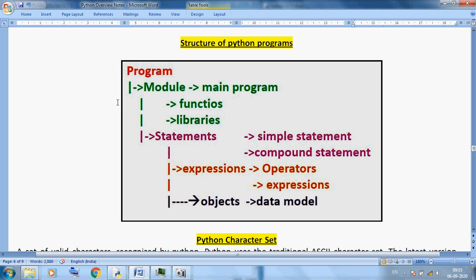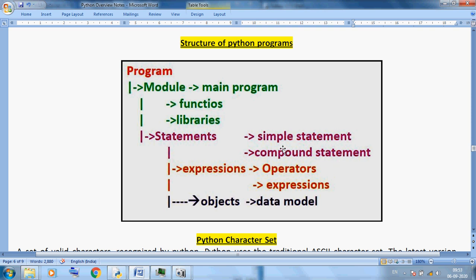First is the Python program, and first we use a module. A module has three things: functions, libraries, and statements. Statements are of two types: simple statement or compound statement.